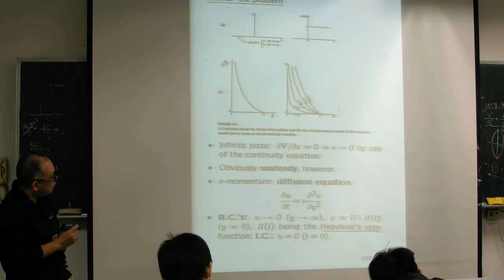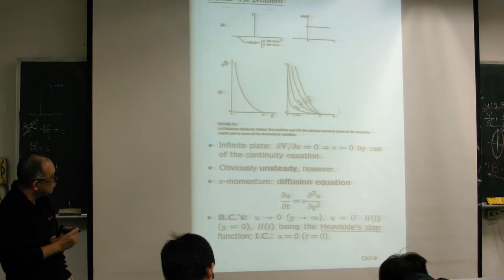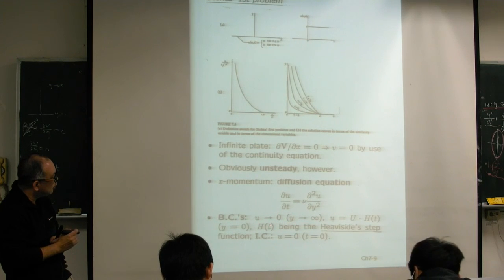So we have a governing equation like this, and again, as y goes to infinity, our velocity should approach 0. That's one boundary condition. And the second boundary